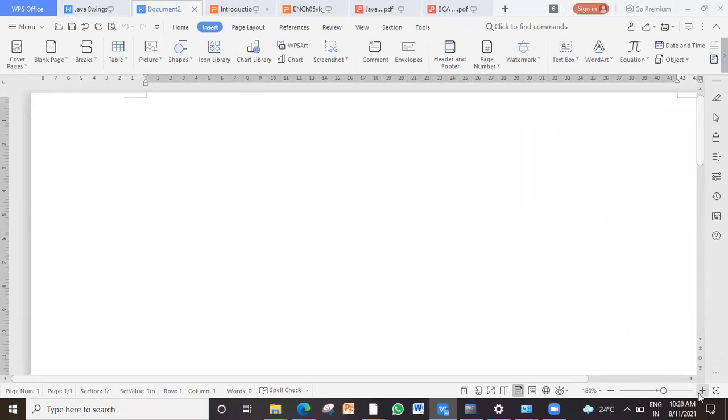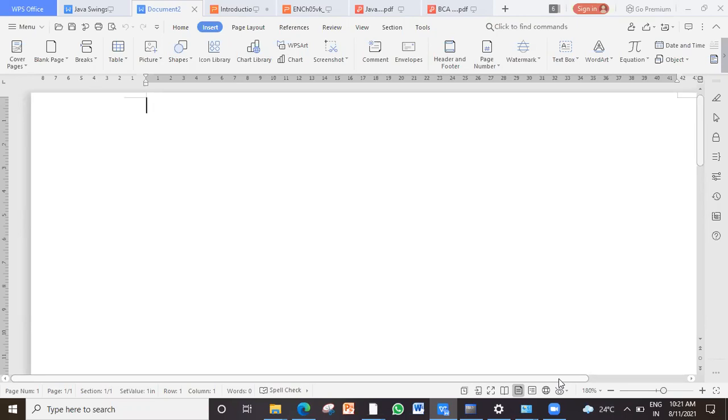Has it appeared? When did it appear? When I was in need, when that document had gone beyond the screen size. Similarly, the scroll pane in my Java window also will appear only when my window cannot accommodate the components. If I have inserted only 4 buttons on an applet, scroll pane is of no use. 4 buttons will fit easily.